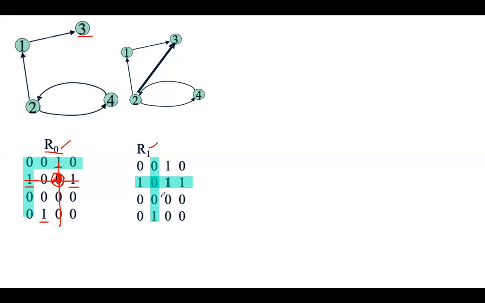In the second row and second column, where the ones are: in the second column, 1 is present only here. So draw the line. And in the second row, there are 3 ones present here. You would draw the line here, where they intersect at this point. So this will become 1.